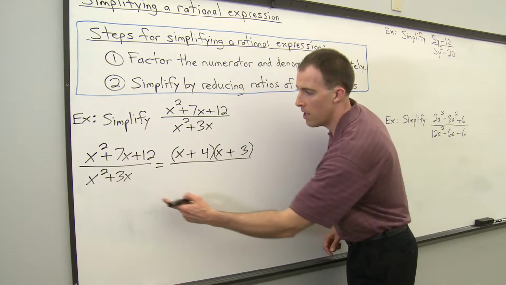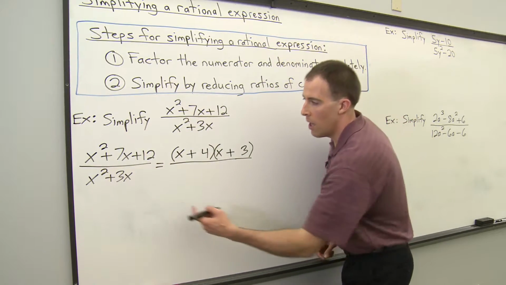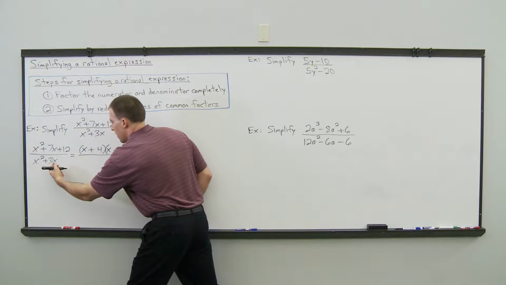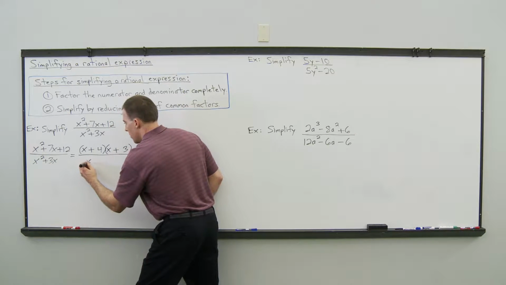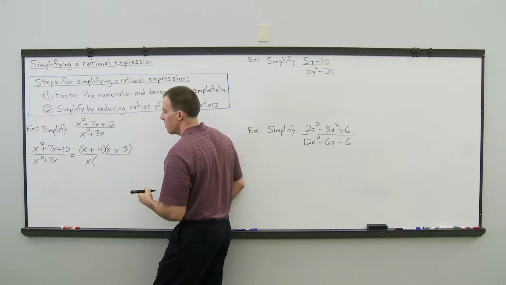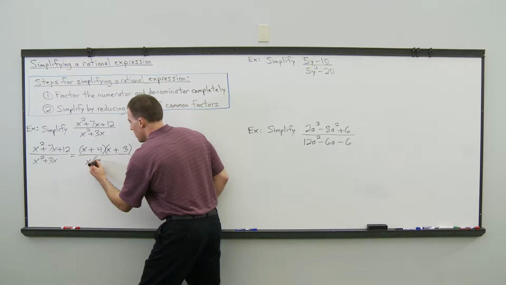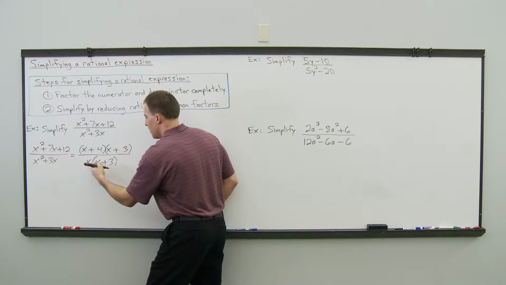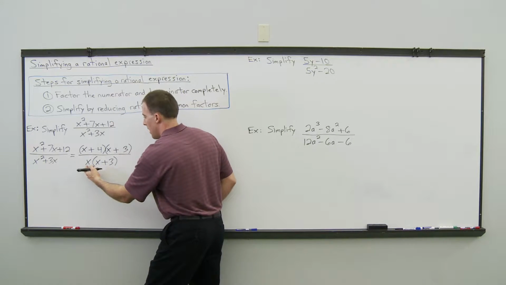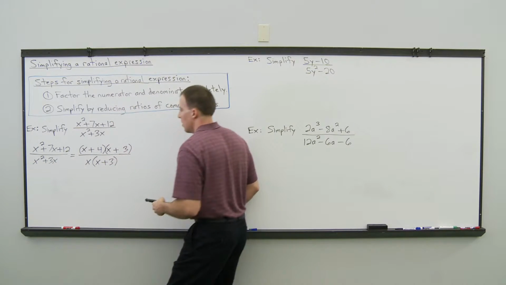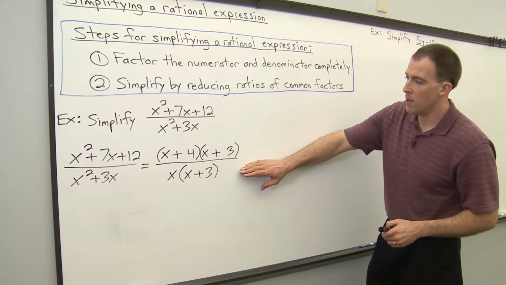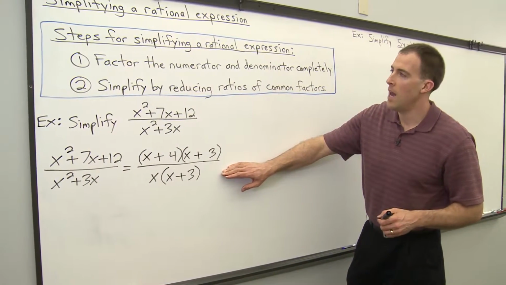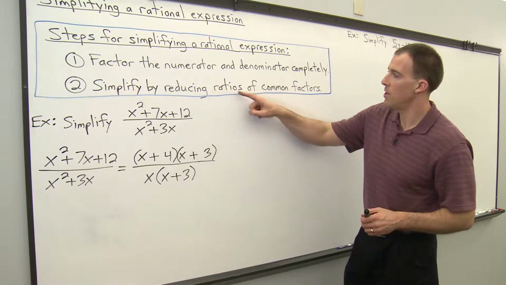For the denominator, x squared plus 3x, it's just two terms and they have a common factor of x that we can factor out. So factoring out the common factor of x would leave us in parentheses with x plus 3. X times x is x squared, and then x times 3 makes 3x. So the numerator and denominator are now completely factored, and the second step is just to reduce ratios of common